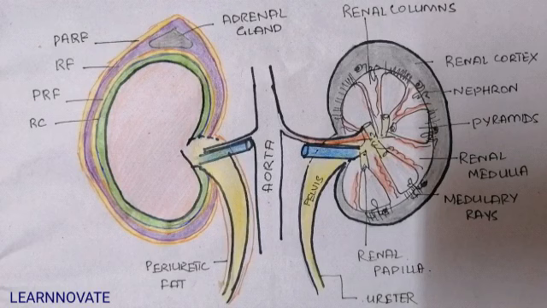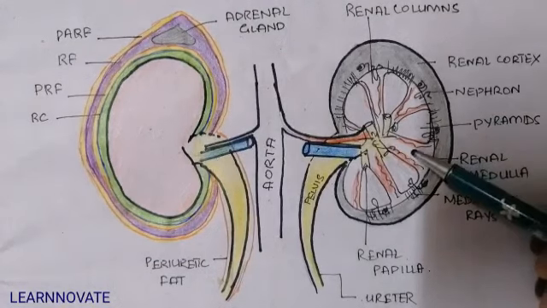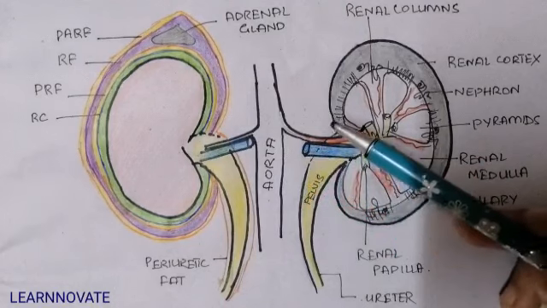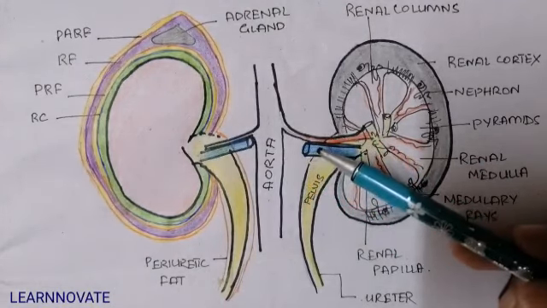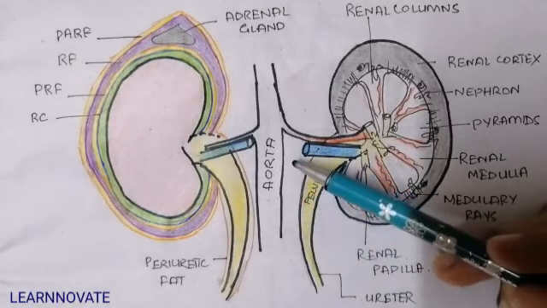Now we are going to discuss the relations of the kidney, which are also very important to remember. If you look at it in the abdominal wall, the anterior structures related to the kidney are part of the liver, duodenum and the ascending colon in the right kidney. While in the left kidney, the stomach, pancreas and the spleen are present in its anterior relations, and also the descending colon.